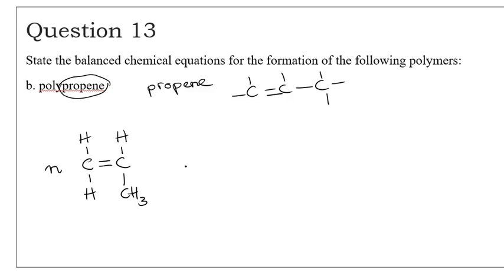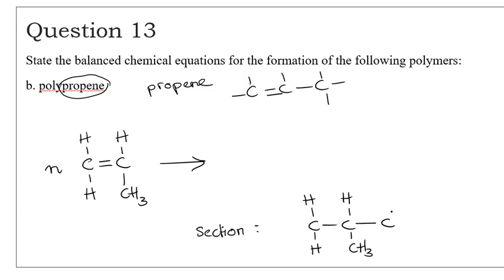So you put an n here, and with the product, I'm going to do a section underneath first before I show you the actual formula. So C, the double bond will break. You have an H, an H, an H, and then a CH3, and then this is going to link with another